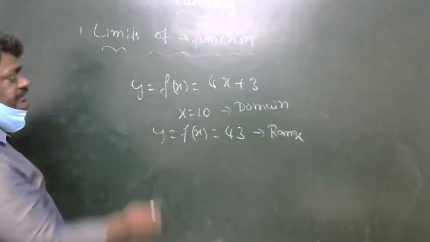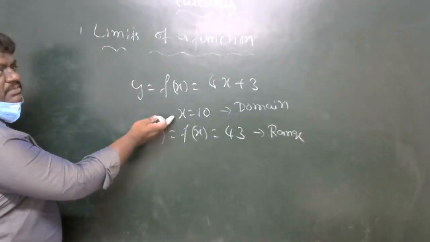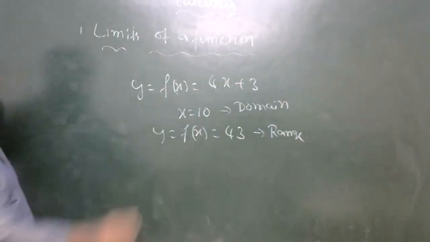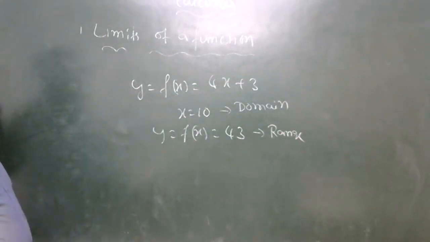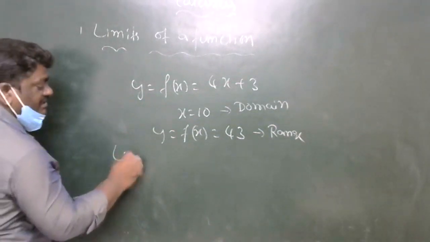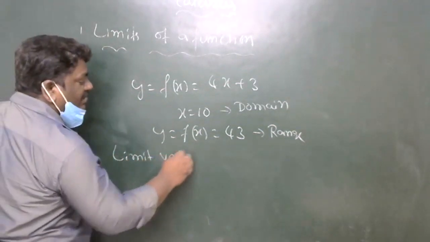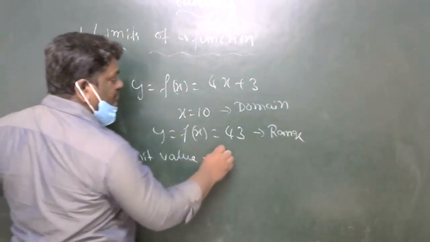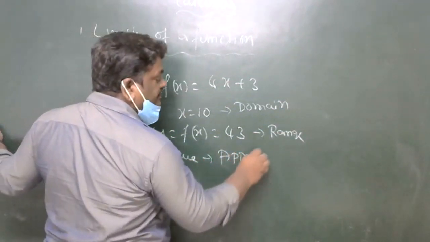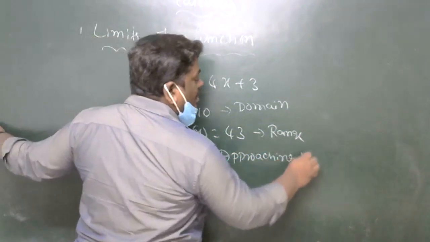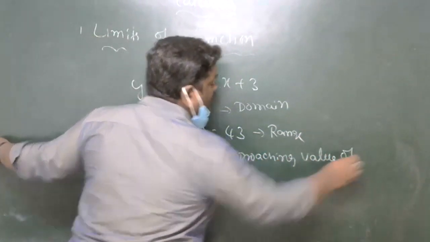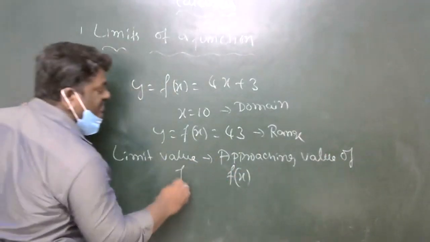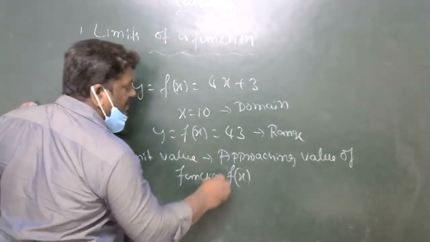Okay, so now what is the value of limits here? So this is the algebraic value of f of x at x is equal to 10, which is 43. What is the value of limit value? So limit value means the approaching value of the function f of x at